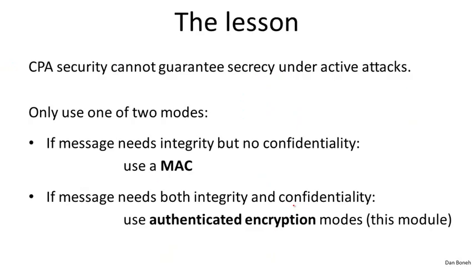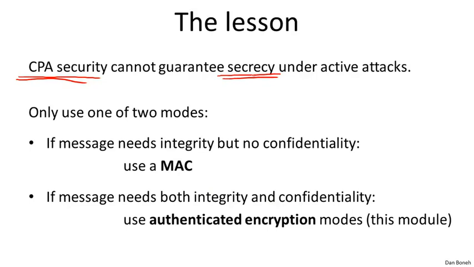So in this segment, we're going to look at many more examples of attacks of this type. These are called active attacks, where the attacker is actually modifying traffic en route. And I hope that these two simple examples convince you that all you provide is CPA security, in other words, security against eavesdropping. You can't even guarantee secrecy against an active attacker. Not only does your ciphertext not have integrity, in other words, the recipient might obtain a message different from the one sent by the sender, but you don't even have confidentiality. And I showed you two examples where, without integrity, the attacker can simply decrypt the packet by using the recipient as an oracle for decrypting certain parts of the data.